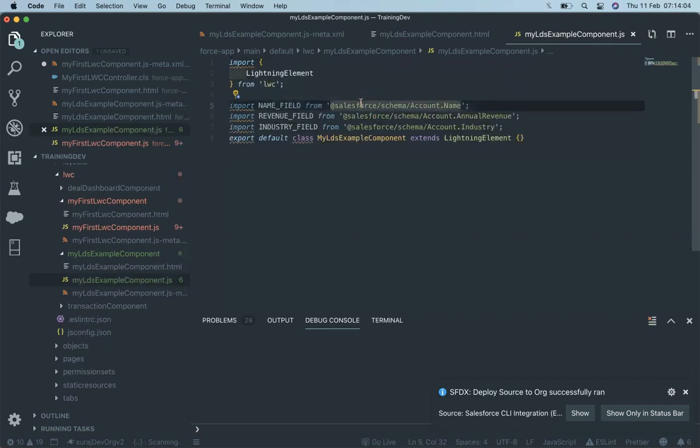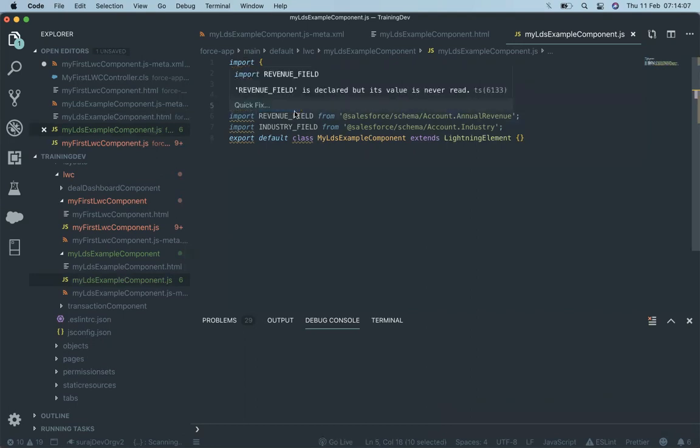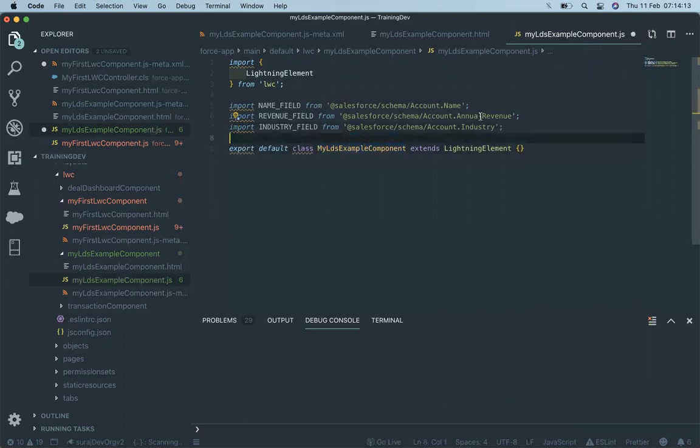Just like here, we are just importing the field name, nothing else. It's a field name, and we are getting the field name from the schema. We already know that the schema has everything, and every metadata configuration is present in the schema. Schema is always used to get the metadata configuration. Since an account is also kind of metadata, we can get anything. We can get the information from the metadata configuration, which means we can get the account name field via the schema. So I'm just getting the account name field via the schema, and now I'm going to use that name field.